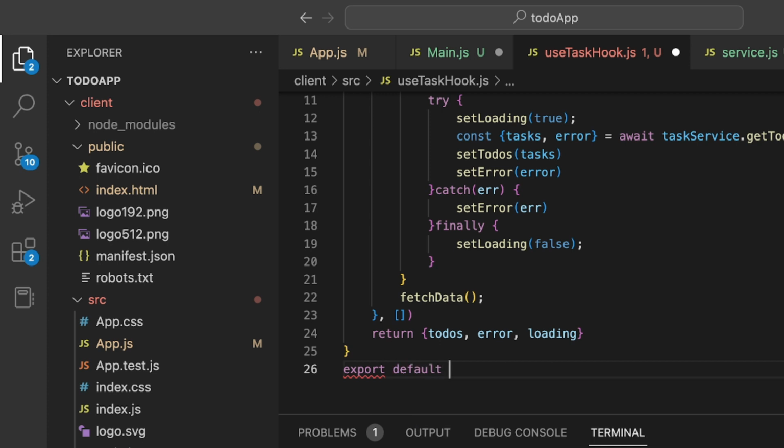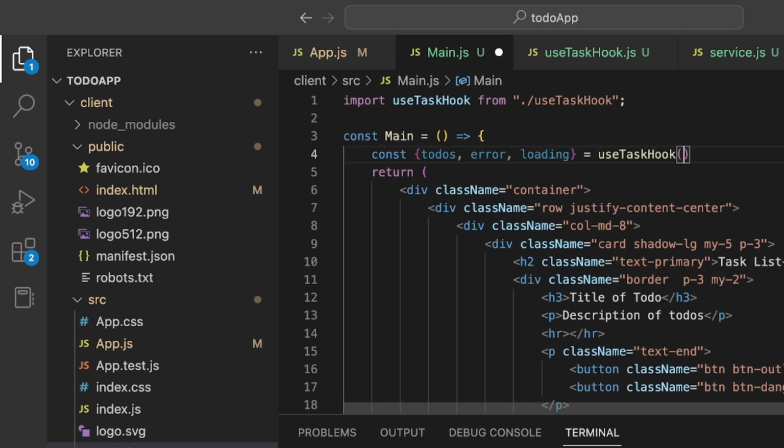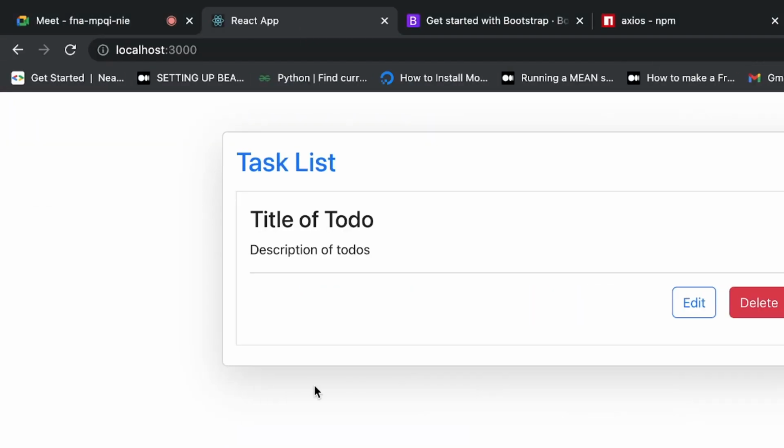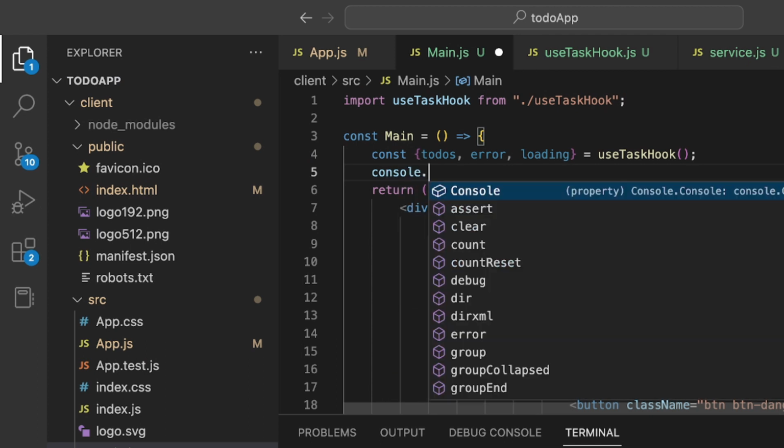That's why it was failing to fetch. Okay, now see, it is completed. There's no error in the console. And if you see the console.log of todos,